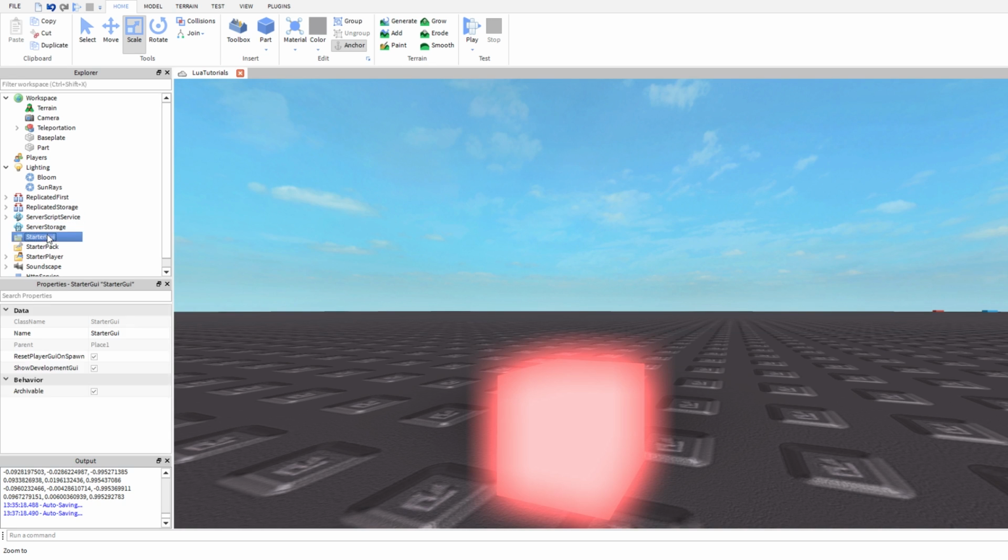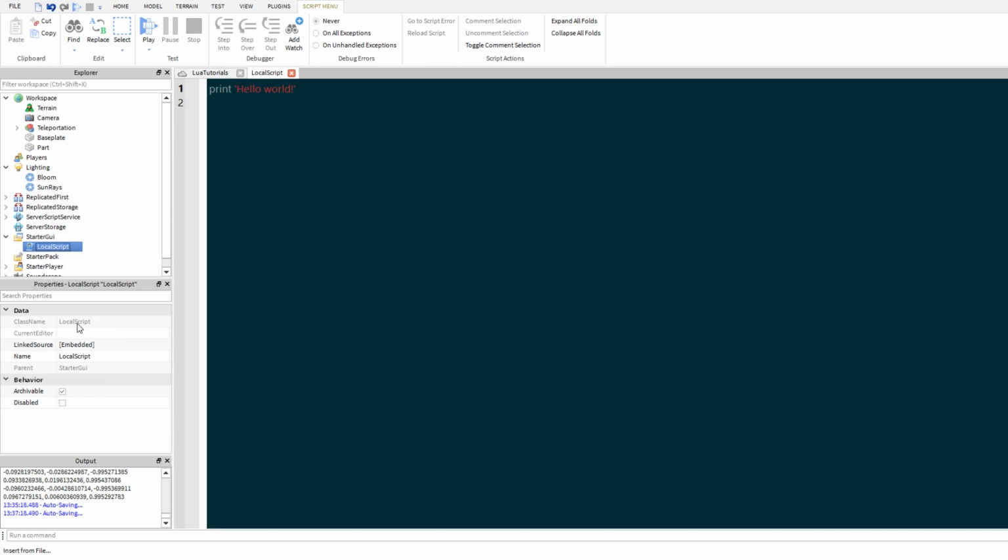Next, we're going to insert a local script into StarterGui, and there we go. We're going to name this PetController, if you want to at least. And we're going to get rid of this print hello world, and we're going to do repeat wait until